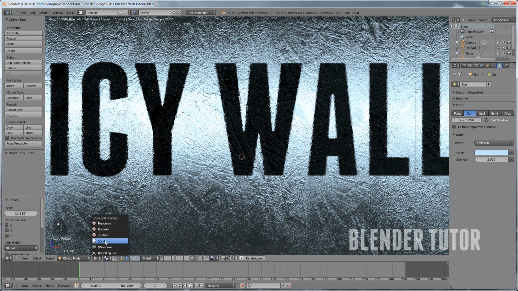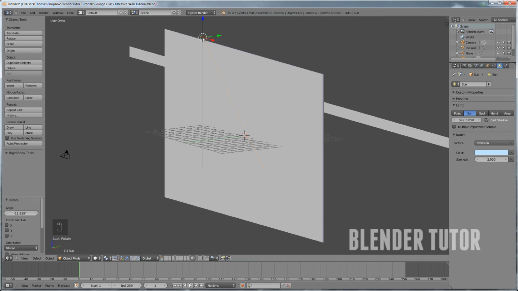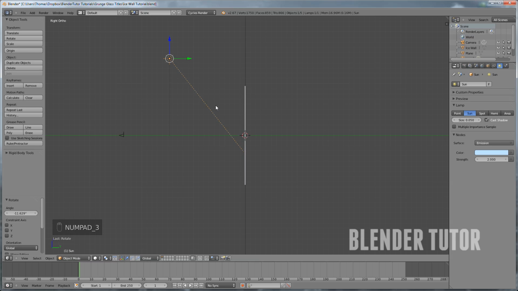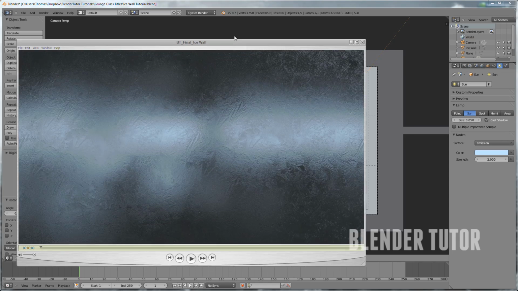All right. So that's the basic setup of that. We could adjust that a little more later. But now I'm going to get into the last part of the lighting, which if you look at my original render,